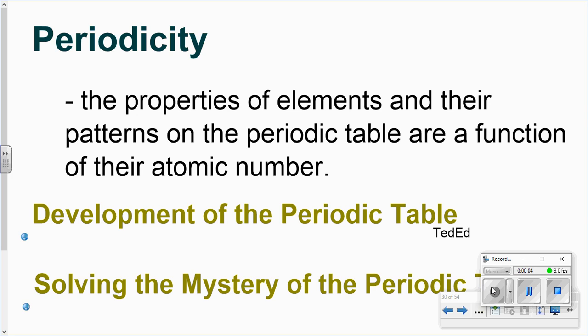Hello everyone. We've been talking about electron configuration and how those are put together and how they're arranged around the nucleus. This can also lead to a different discussion on something called periodicity. And the periodic table qualities, or the arrangement of the periodic table, is based on this concept of periodicity. And it says that the properties of the elements and their patterns on the periodic table are a function of